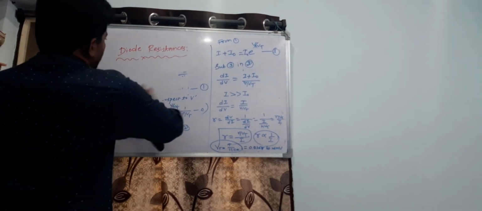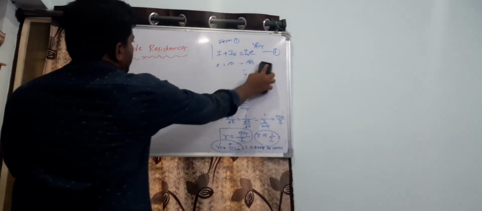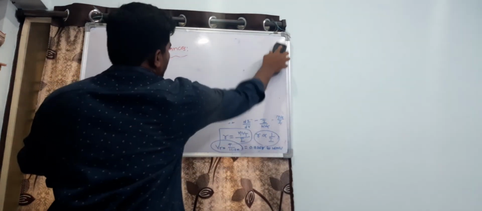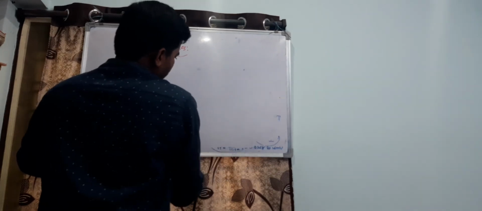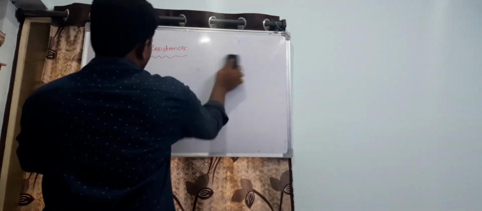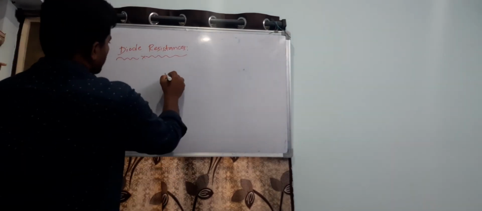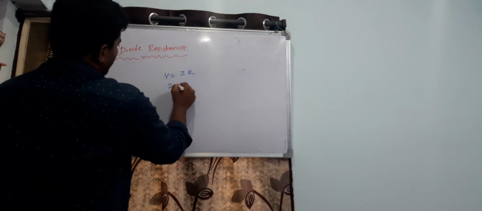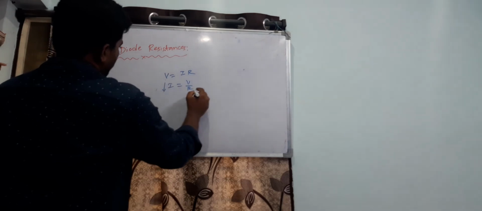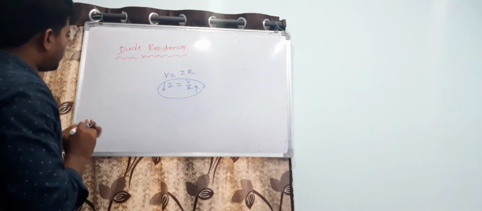And next, reverse resistance. What is meant by reverse resistance? Here, in the reverse bias condition, the diode allows a very small amount of current. When the current is low, is the resistance high or low? Absolutely, V is equal to IR, so I is equal to V by R. Because the current is decreased, the resistance increases. That's why in the reverse bias condition, we talk about reverse resistance.